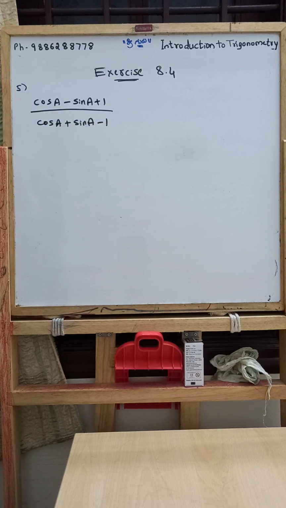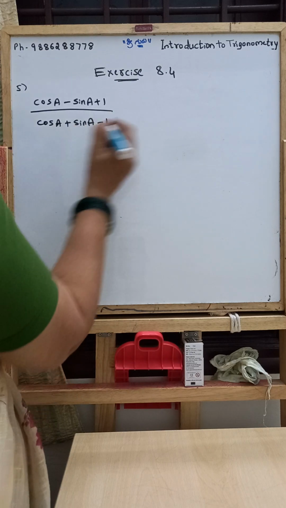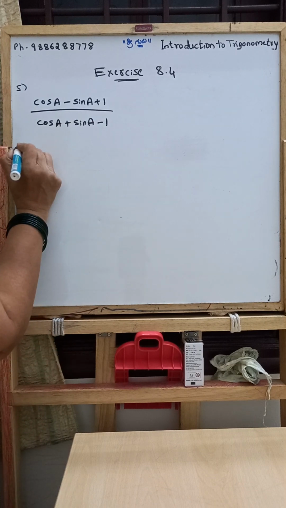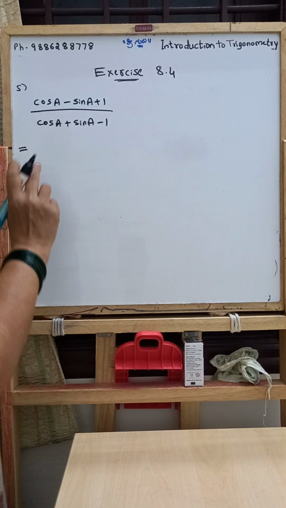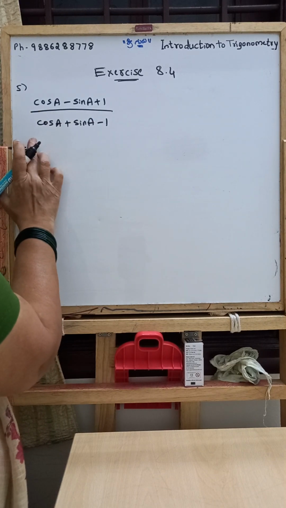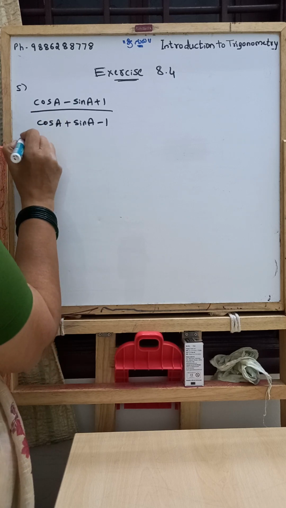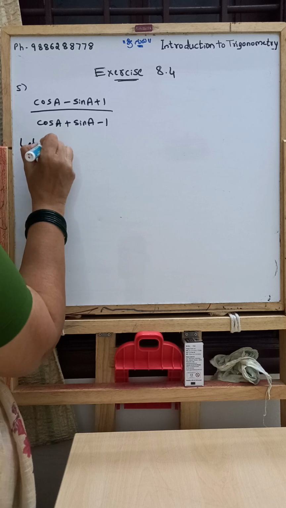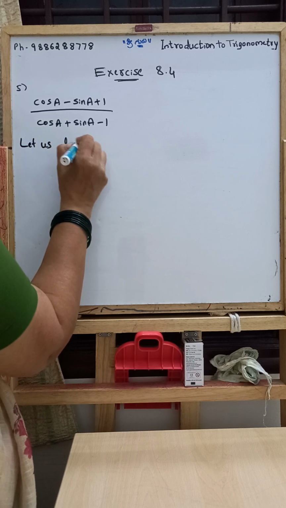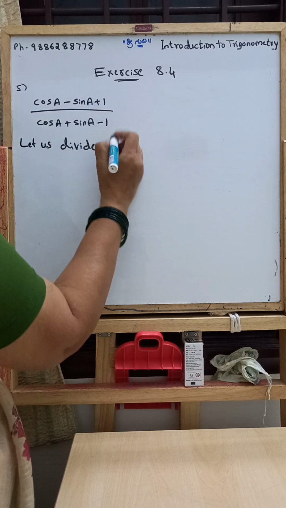We need to prove that this is equal to cot A plus cosec A. So, continue with this given ratio. Let us divide the numerator and the denominator